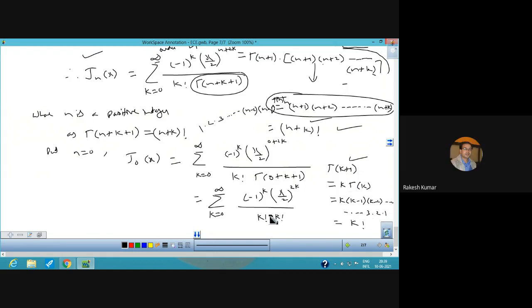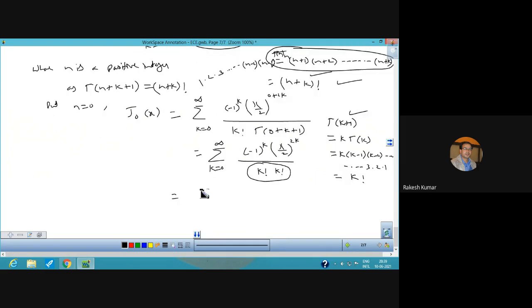This is the expansion of this. So this becomes whole square. K factorial will become whole square, and you can expand now and put the value. When k is 0, you will have 1. When k is 1, you will have x square over 2 square. When k is 2, you will have x4 over 2 square, 4 square, and for k equal to 3, x6 over 2 square, 4 square, 6 square. So this is your value of j naught x. This is the standard value we have.